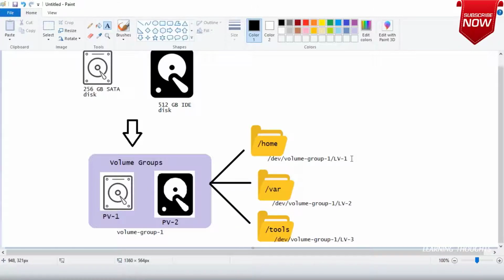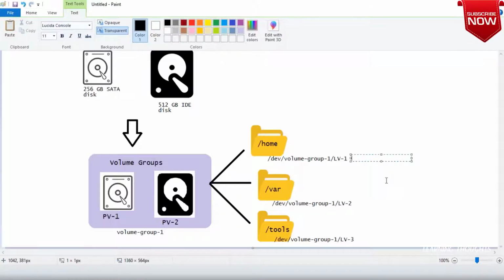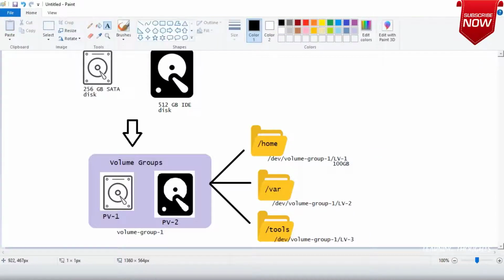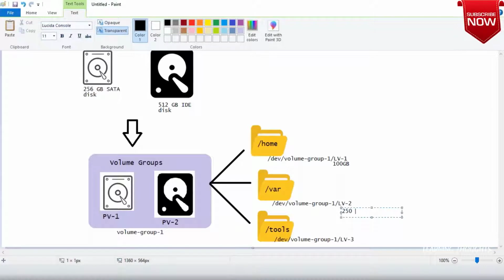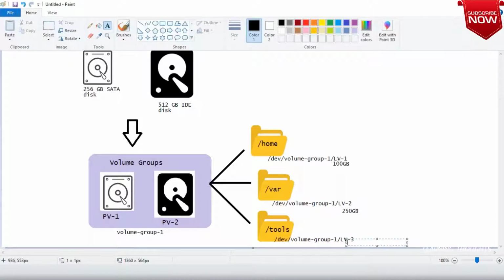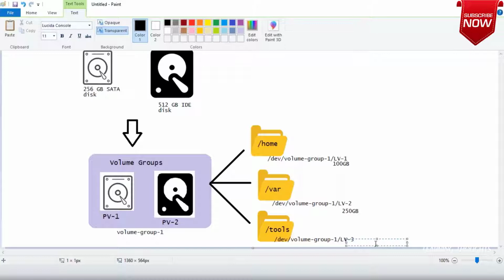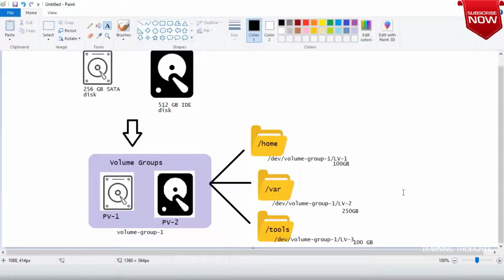This logical volume might be of a size of 100 GB, this might be 250 GB, and this might be 100 GB. Am I clear on this?